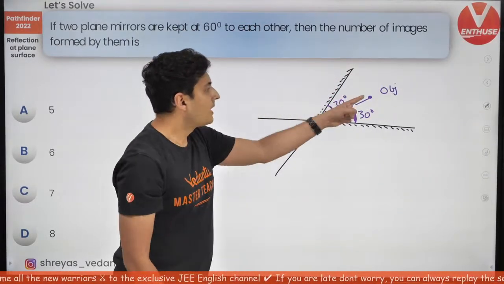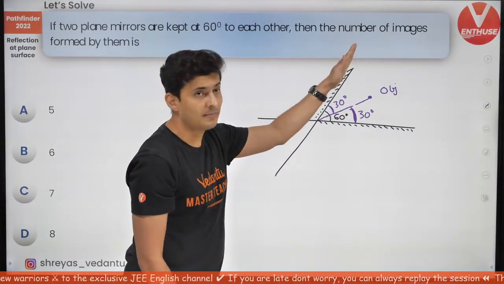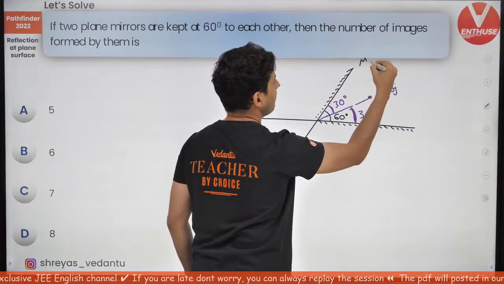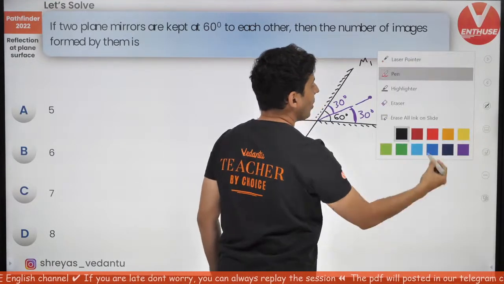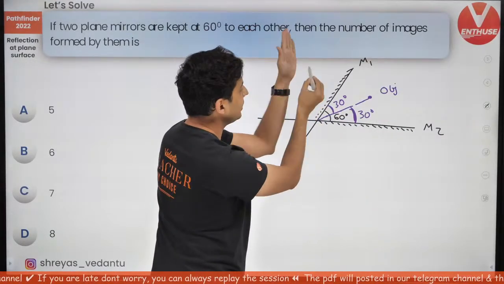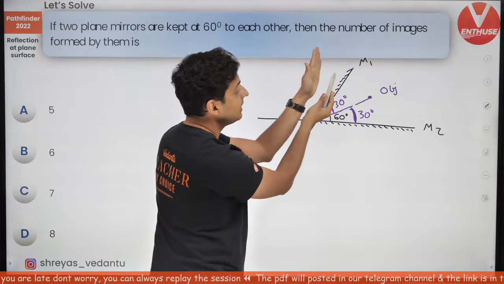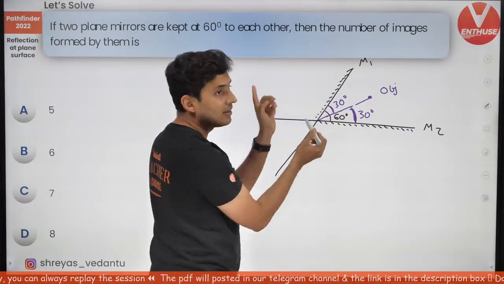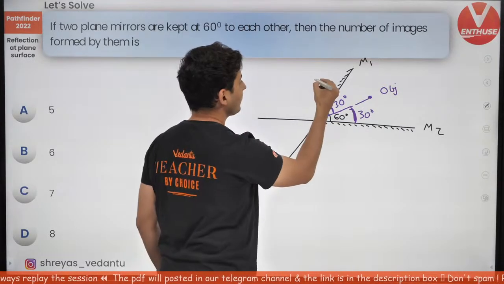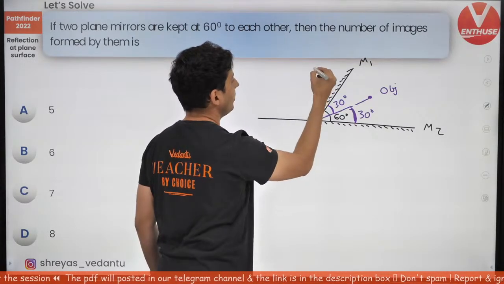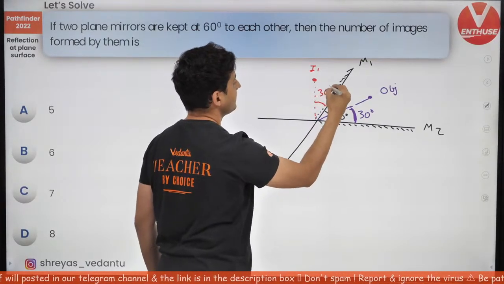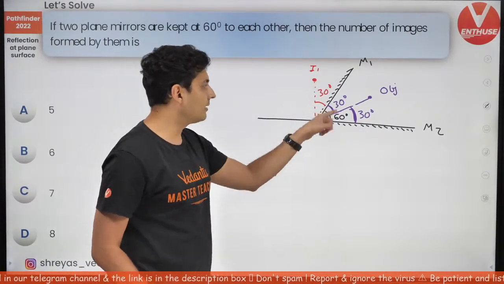Okay, so let's start doing this question. Simply put, this object will be reflected by this mirror. I'll also label it if you want. This is M1, this is M2. Object will be reflected by M1, so it will be reflected 30 degrees behind. If it is 30 degrees front, 30 degrees behind. 30 and 30 will give you 90. That means this will be the first image, I1, which will be formed exactly here. This is 30 degrees. Agreed? 30, 30, 30, 90 degrees.